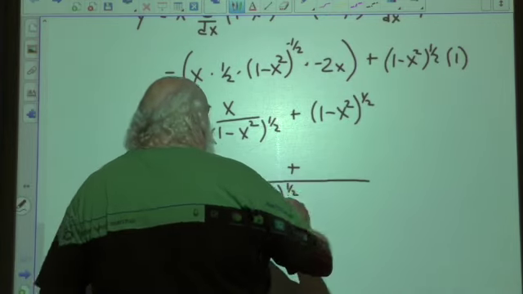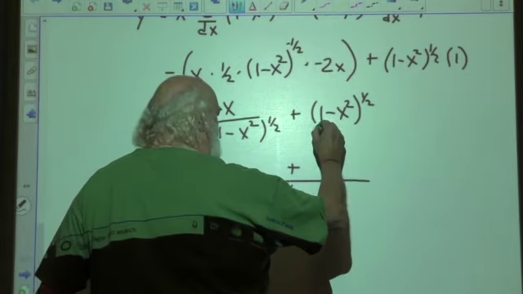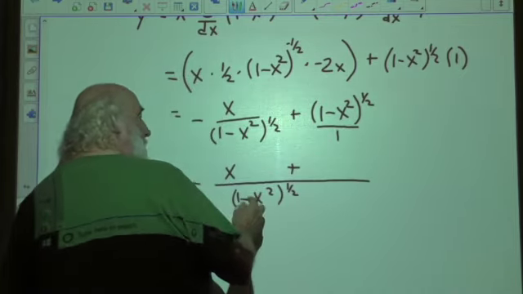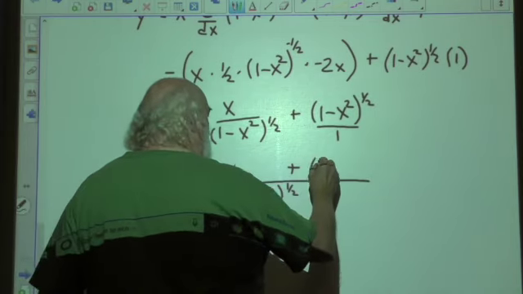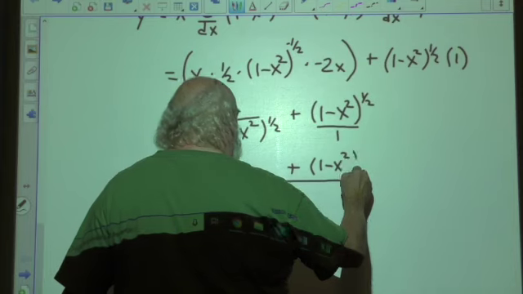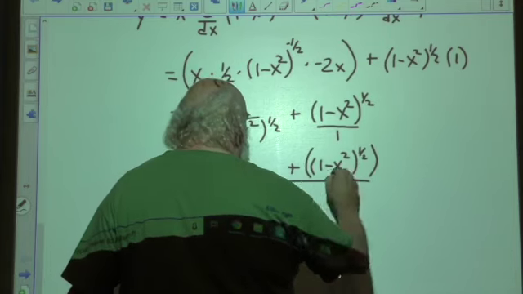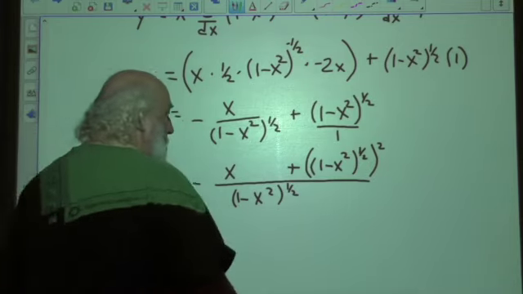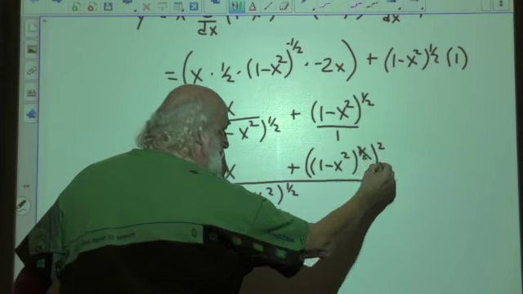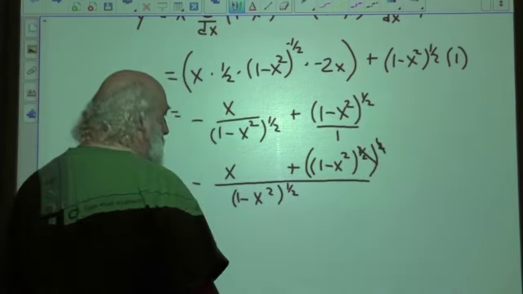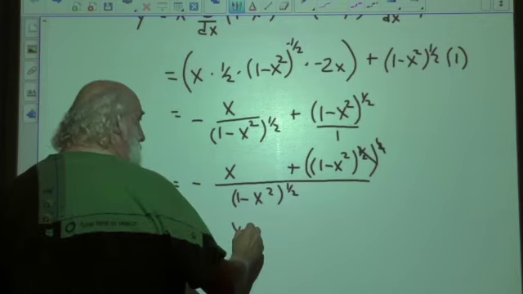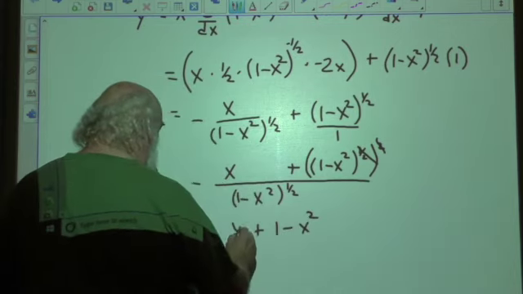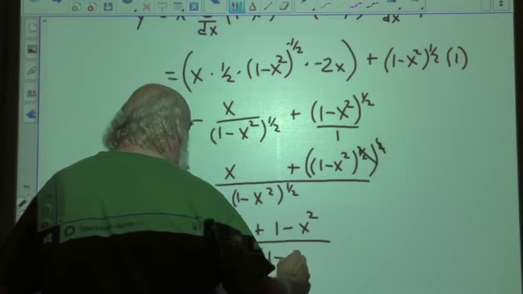And then the denominator here is 1, so I'm going to put that in there, just to remind us. 1 goes to that 1 minus x squared to the 1/2 power, and then we multiply 1 minus x squared to the 1/2 power squared. Now, 2 times 1/2 is 1, so that becomes x plus 1 minus x squared over 1 minus x squared